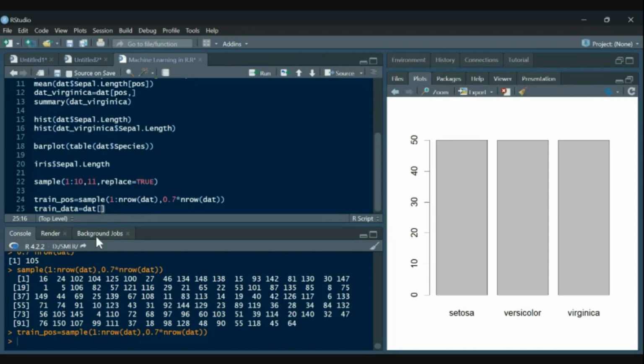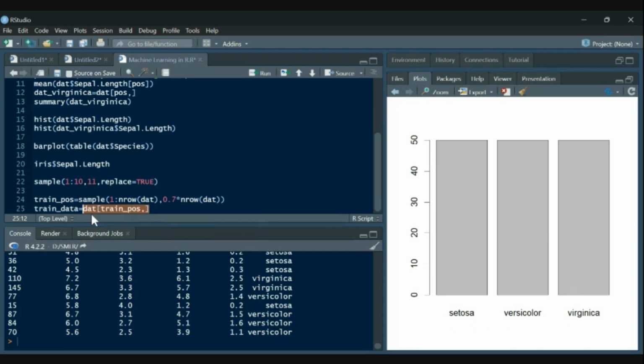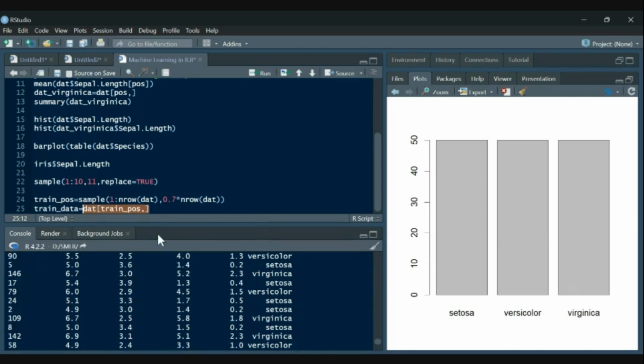These are simply values of rows. So we will write train underscore POS and a comma. When we run this, we will obtain these values. So this is our train data.